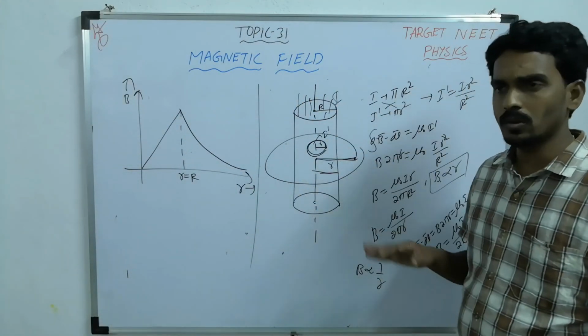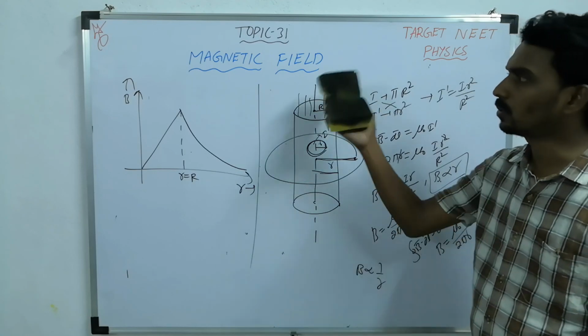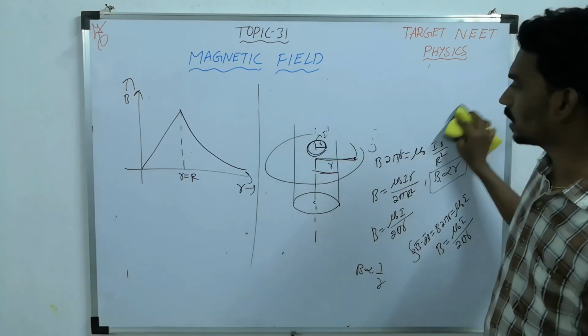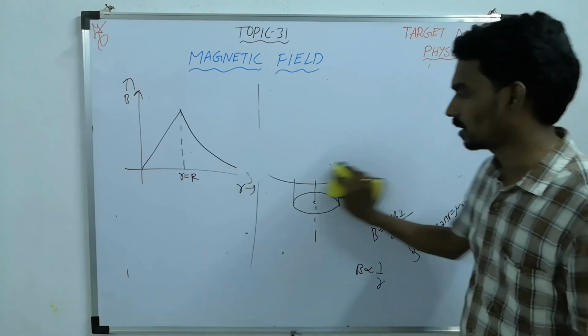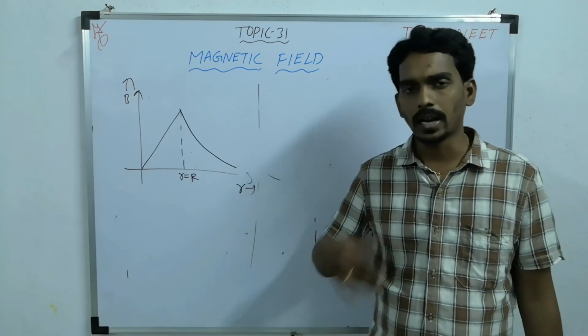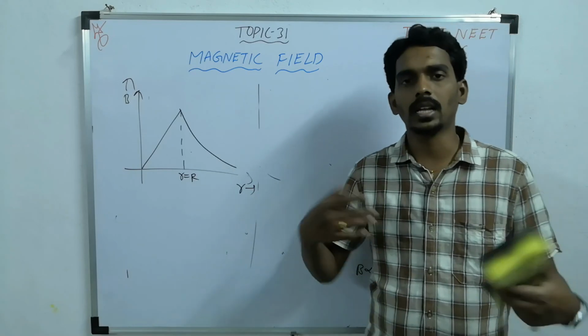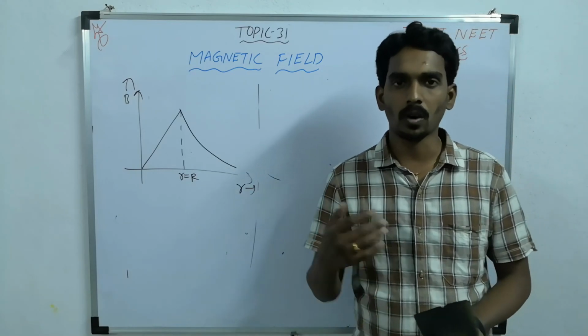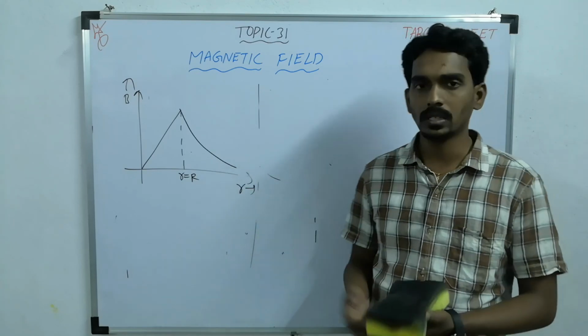So this is how you can solve the questions related to magnetic field. One is based on Biot-Savart's law and another one is Ampere circuital law. So please remember the basic data and try as many current elements as possible so that you can get perfection. So hope you all understood how to deal with such questions.